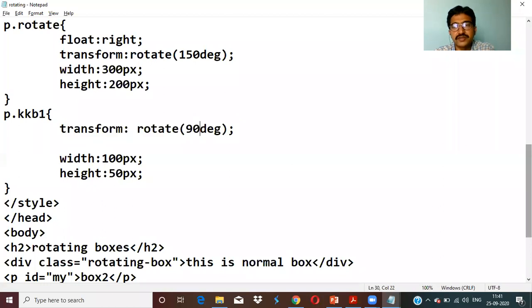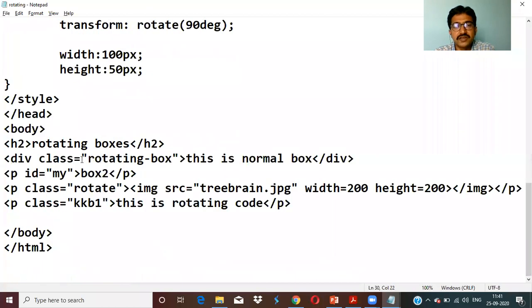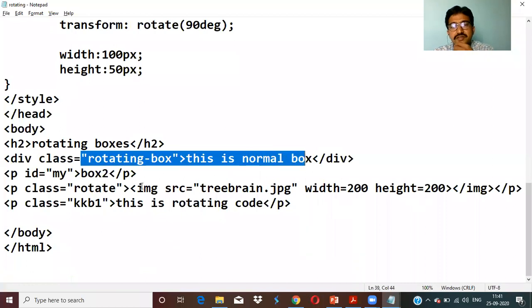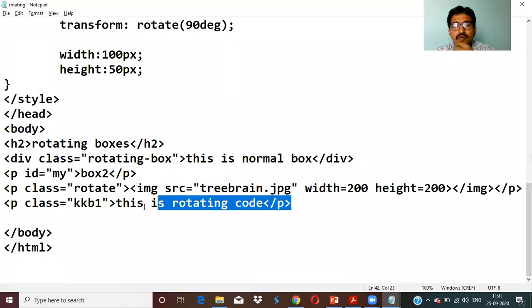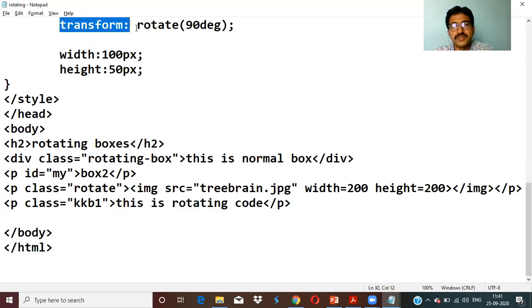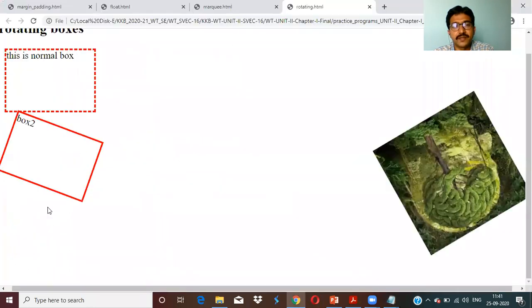Previously we used a box for this one and for the image, but here it is only the text without any box, without any float. We are simply using transform. We are just rotating the text with height and width of 150. Now where is that text? Here is the text.